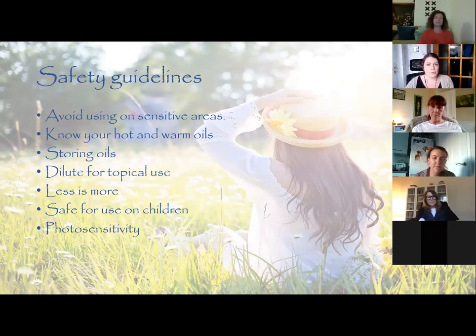Citrus oils can cause photosensitivity, so you're best to avoid direct UV or sunlight for between 12 and 24 hours afterwards, depending on what citrus oil is being used. Bergamot can be a little bit longer, I would say. It can include blends that contain citrus oils as well, but again, if you were planning on being out in the sun, then possibly consider using a different method of applying your oils, or use a different oil that has similar properties, or